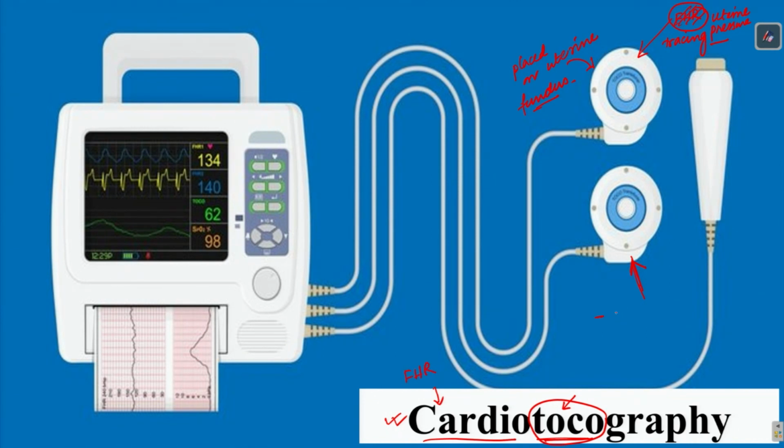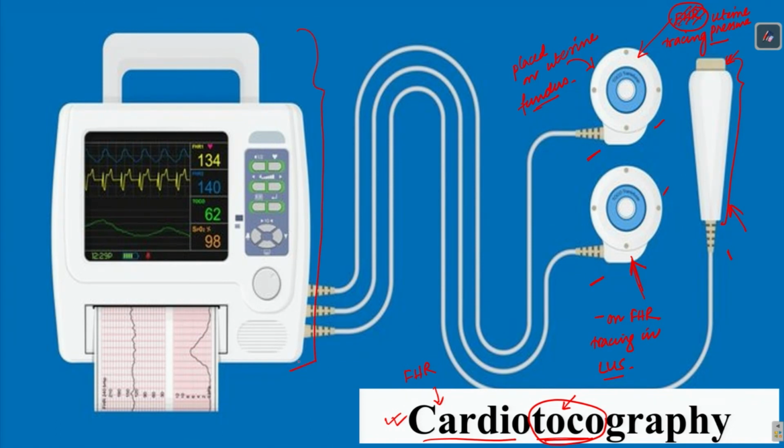This is placed for the FHR tracing in the lower uterine segment, right. So, there are two probes, and this third one is present in the hand of the mother. She will press this knob whenever she perceives a fetal movement. These three are the probes that are to be kept over the mother's abdomen. One is on the upper abdomen, one is on the lower abdomen and one is held by the hand of the mother.